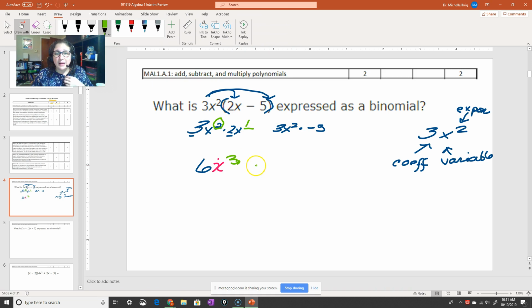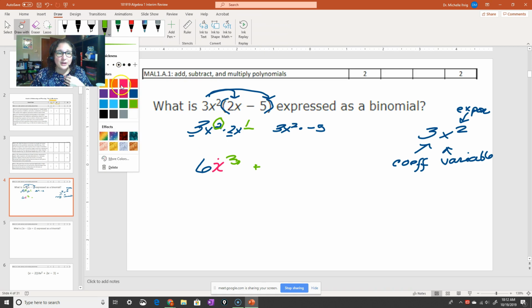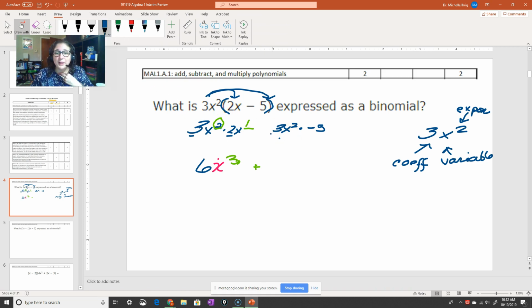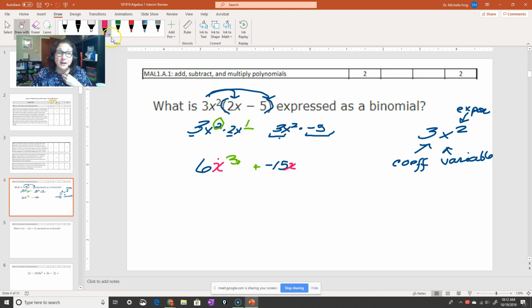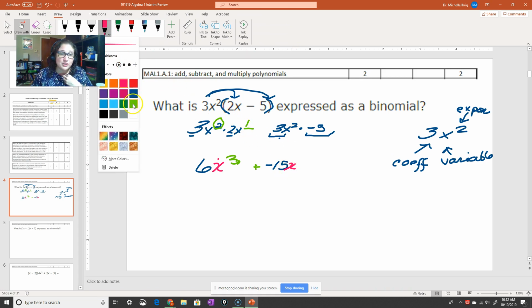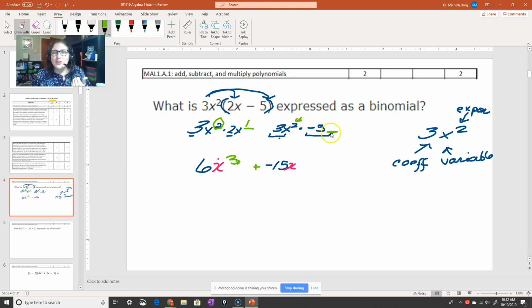Now I'm going to look at this one. Now I typically have my kids put a plus sign just so that they get used to paying attention to whatever the negative is. So now I'm going to multiply my coefficients again. I've got 3 times negative 5. That's going to give me negative 15. Then I do my variable, which is x. And then I look at my exponents. And this is where we get to what I was just saying with the no pen. This one, we know our exponent is 2, but there's no x here. So because there's no x, there's no exponent. So really, our answer would just be 2 for the exponent.